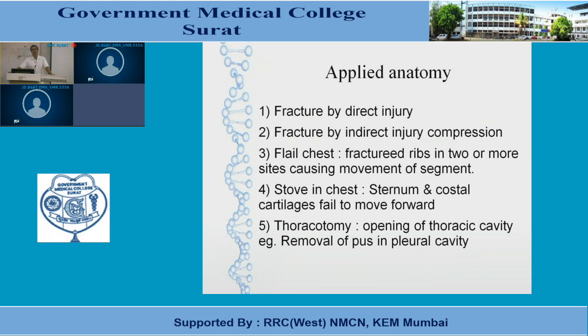Middle part of that rib will get separated, and this may cause that segment to form a separate segment. One rib fracture at 2 sides will form one separate segment of that rib. Not only one rib may be involved, but more than one rib involved. Therefore, if for example 3 ribs are involved, what will happen? These 3 ribs will form a separate segment in thoracic cage, and it will cause movement during inspiration and expiration.